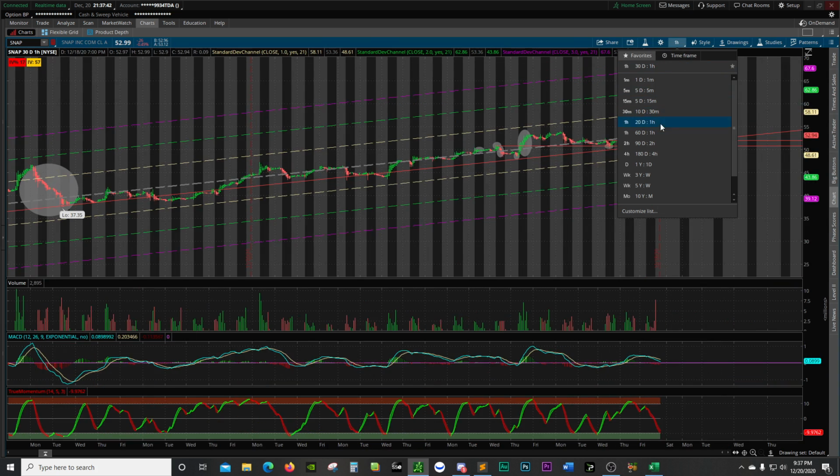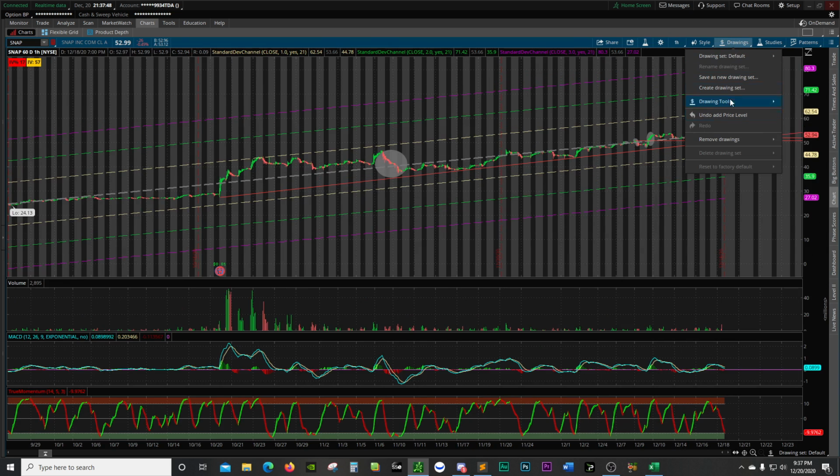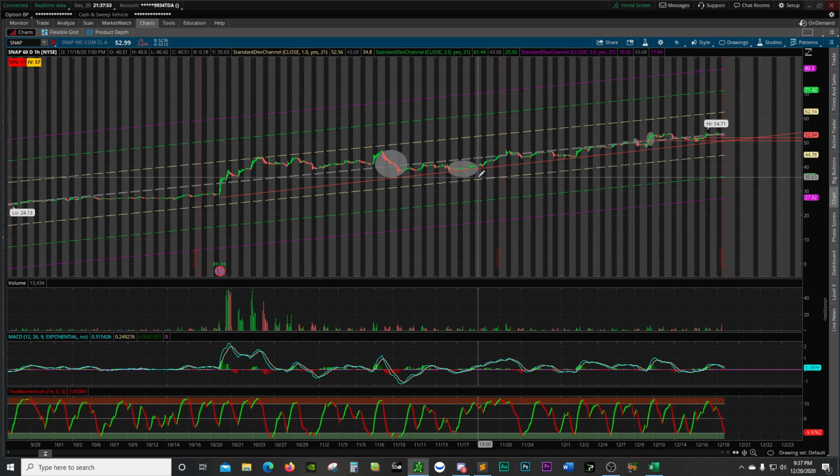Let me see if I can go completely here. Yeah, you can see it touches it every time and just continues to follow it, right? You got it bouncing here, and there too, and it does a rip, comes back down, touches it, bounces, right? Right here it gets really close. Right here it touches it, and I would almost be willing to bet that it's going to do the same thing here.